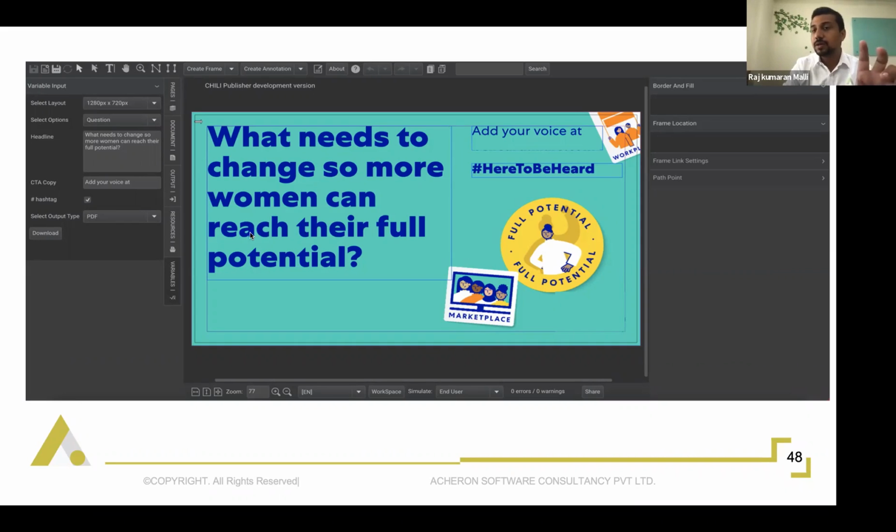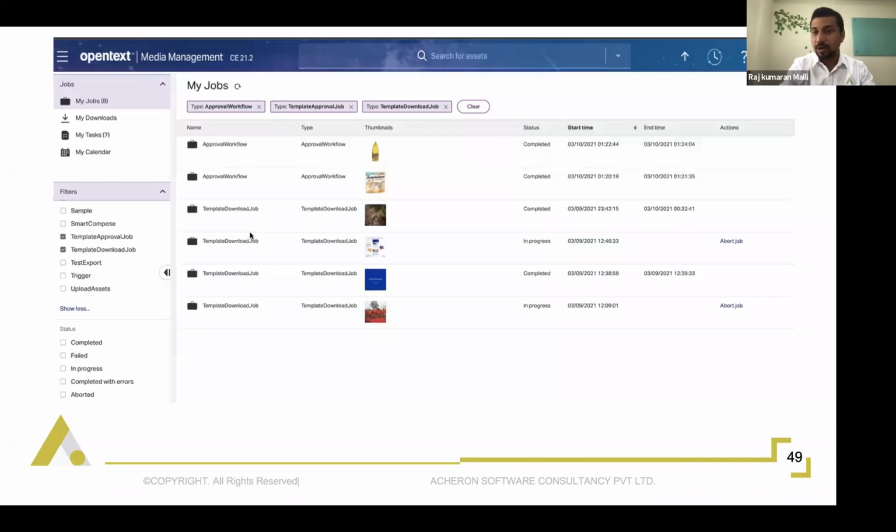So in those templates or specific region, you can say that I want to have an approval workflow plugged in here, which we can do. And we can plug in any workflow within OpenText Media Management. So you can see that